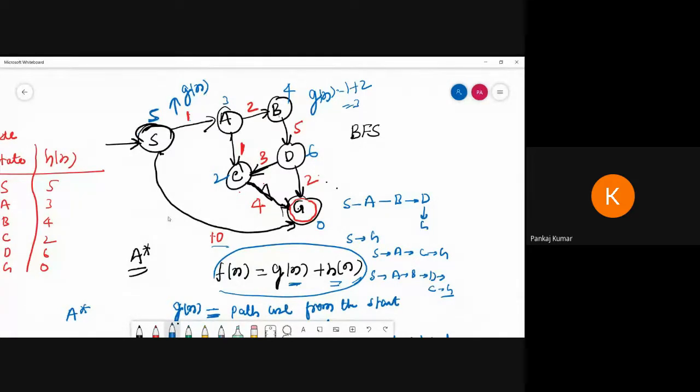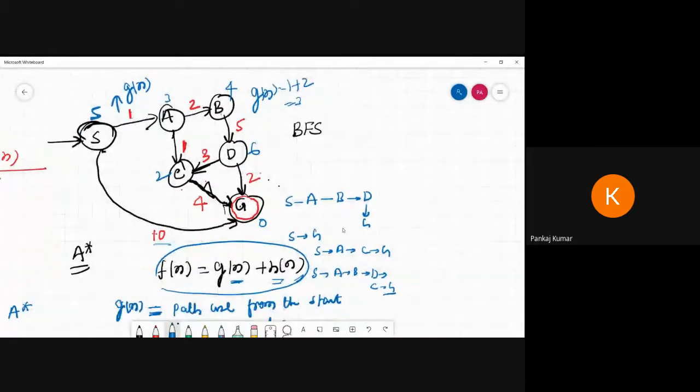Now see, suppose I am going to start. Here we can use the same concept of open and closed. The first time I visit S, it is open, then S is explored and put in the closed. Okay, like this one. So first I visit S, then from S I go to A, then S to G. Now see, same graph.